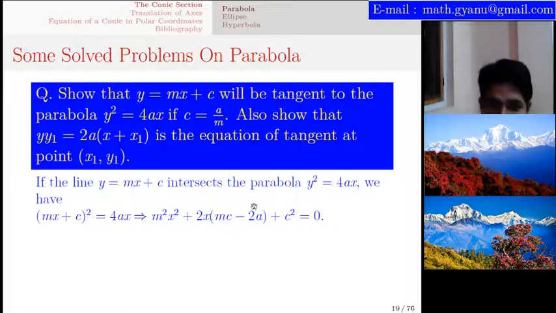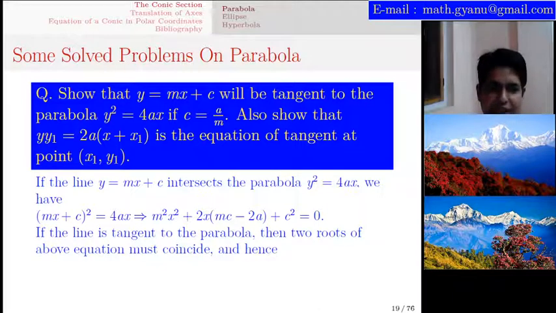This equation is quadratic in x, so it will have two roots. But remember that we are talking about a tangent. That means the roots of this equation must be equal. So if the line is tangent to the parabola, then the two roots of the above equation must be equal, and hence we must have